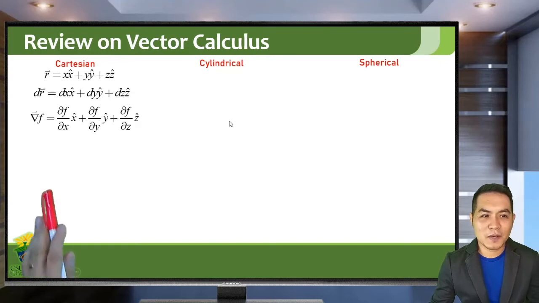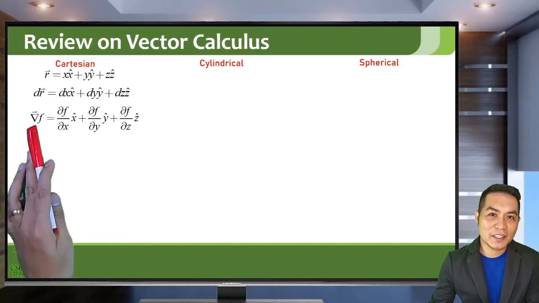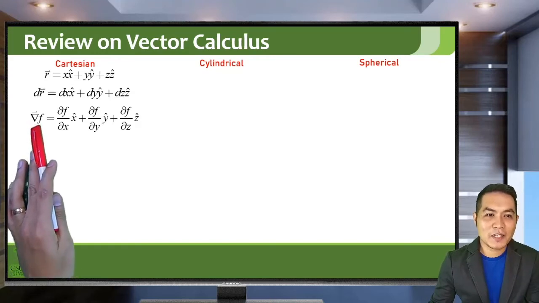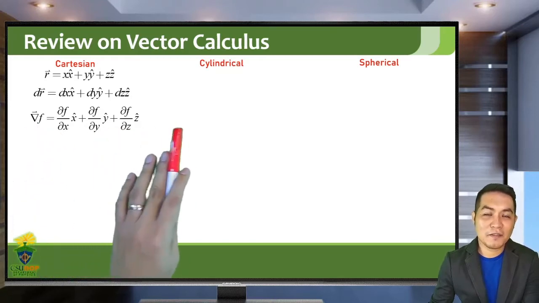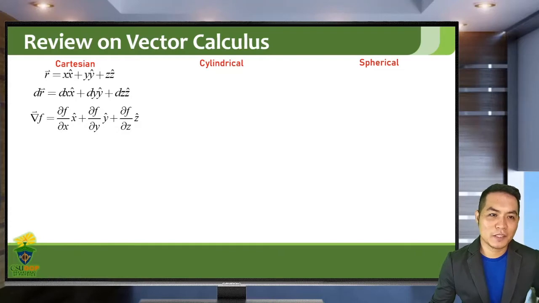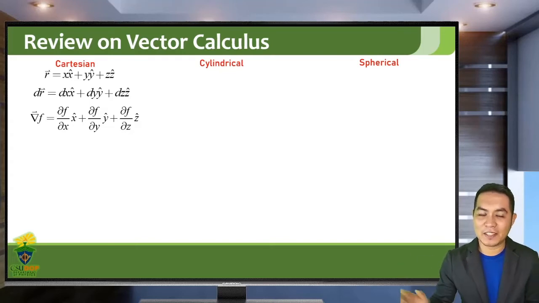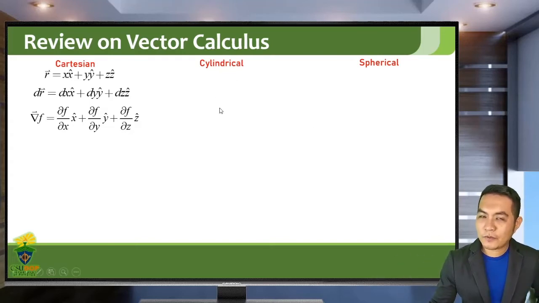Okay, what is this one? This is the gradient operator. So, the gradient of a scalar function. The gradient of a scalar function is now a vector. It's a three-dimensional vector in general. The gradient, from the word gradient, literally goes from dark to light or from intense to less intense. So for instance, the gradient of